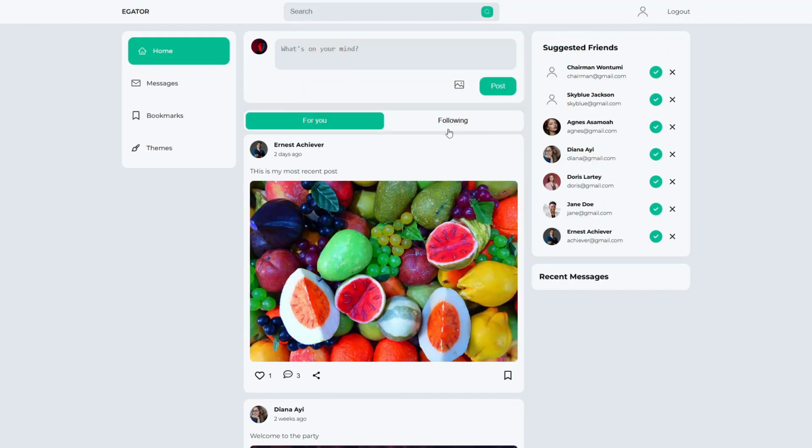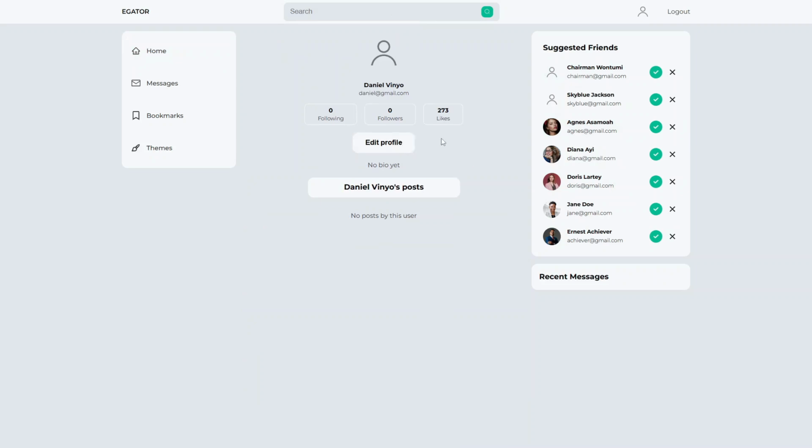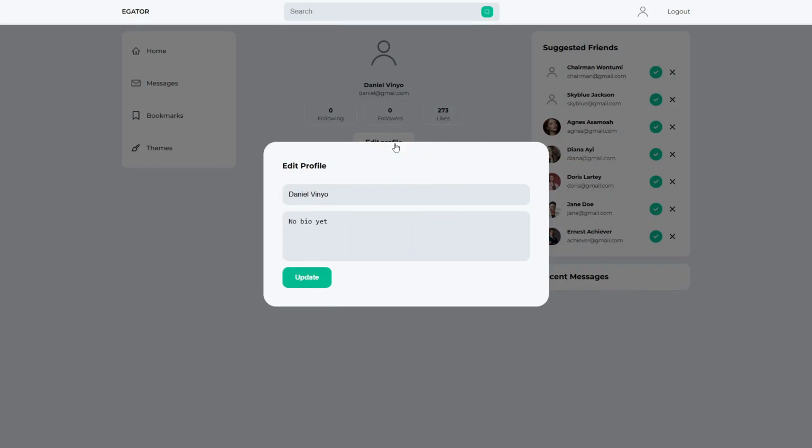So now I've been redirected to the main page or the home page, which means I have been able to actually sign in. All right, so here I can see that we have some suggested friends and all that, but let's go ahead and explore everything about the user first, and then we'll go on to actually create posts, message and bookmark and all that. Okay, so of course here in the profile page, this is the profile page. I have no following, I have no followers, and I can go ahead and actually have a bio. This is my bio,